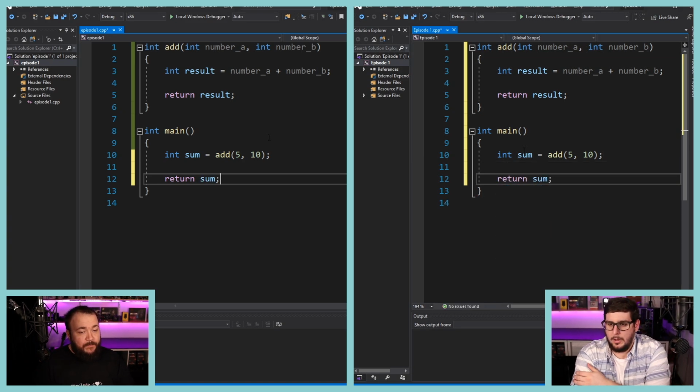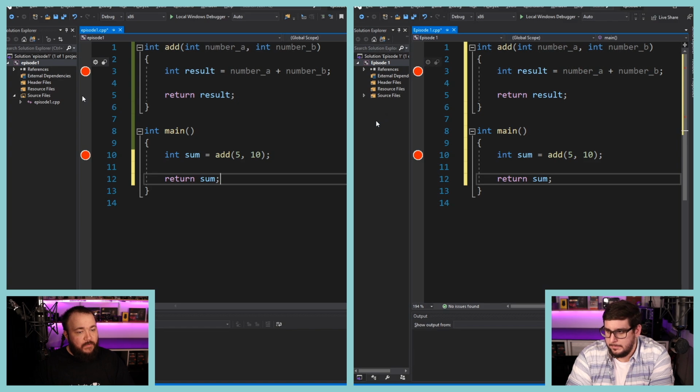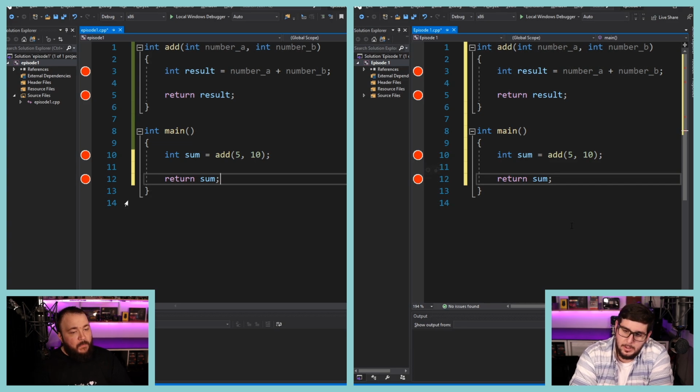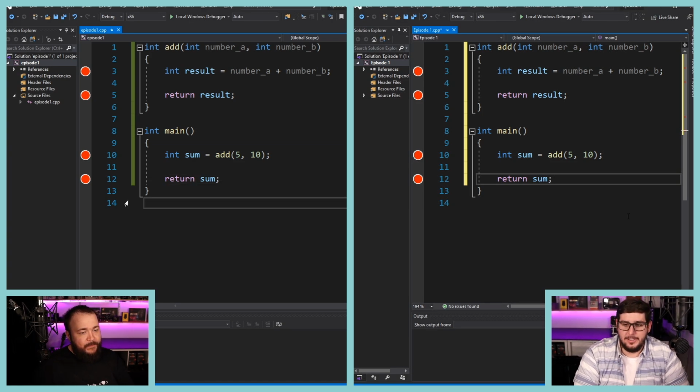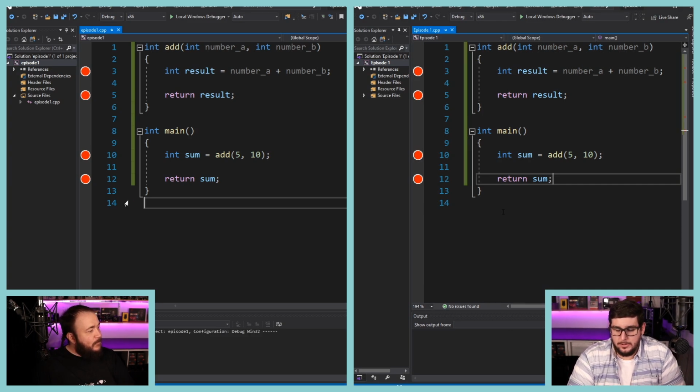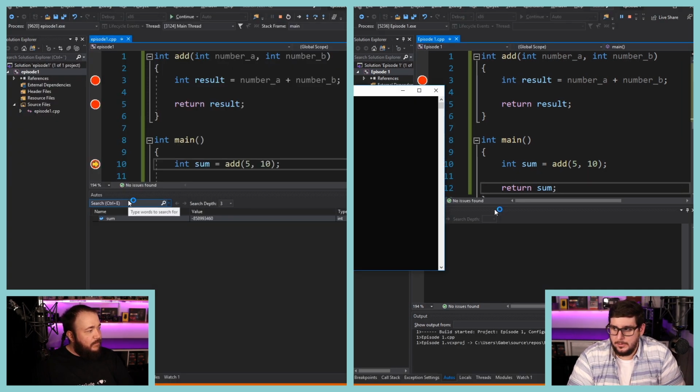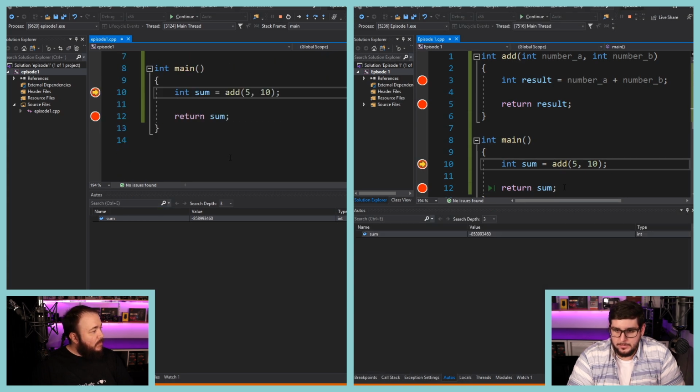Okay, so here's the pop quiz. If I put a breakpoint on 10, on 3, on 5, and then on 12, what is the order you think of the breakpoints that will happen first? 10, 3, 5, 12. Exactly. So let's try that. If we hit save and hit F5, we should get our nice little view. So if I mouse down a little bit, yep, exactly.